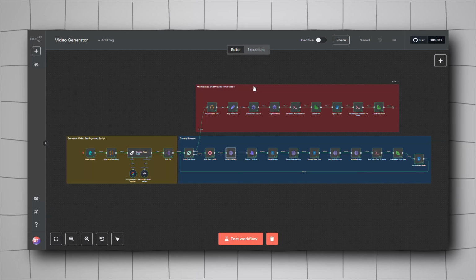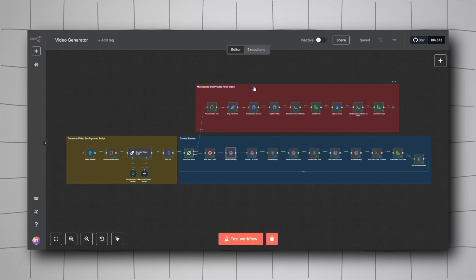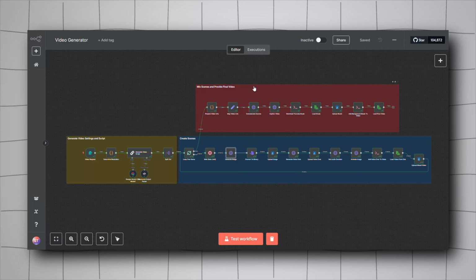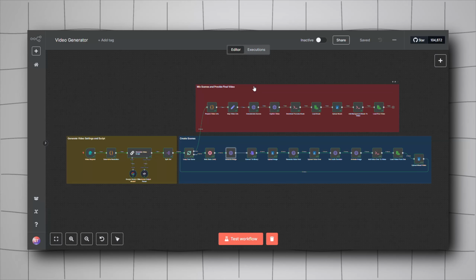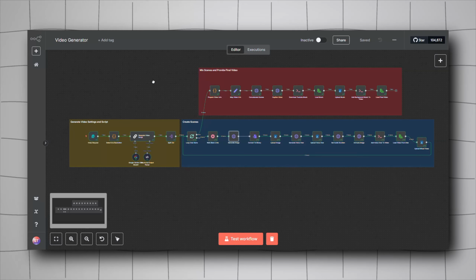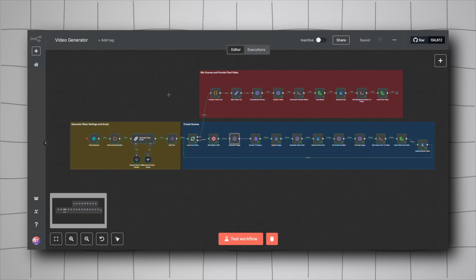Hey guys, in this video I will be showing you how to create short and long videos fully automated using N8N without paying a single dime. Let's begin. First of all, as you can see here, this is the workflow that I have created in order